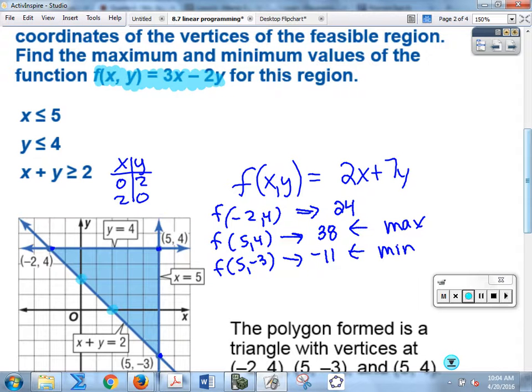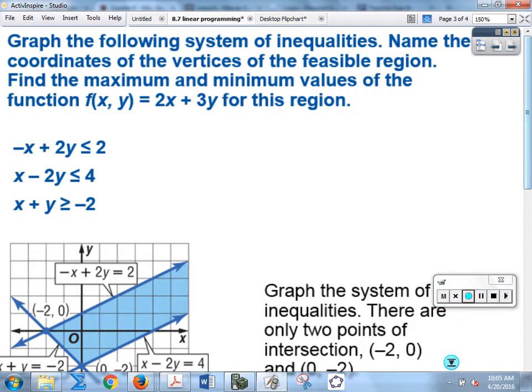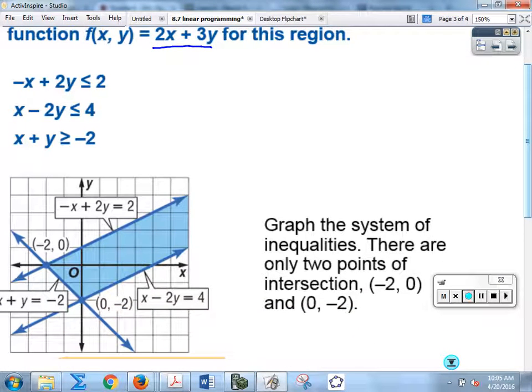On this one, it is just giving you the number, so it's saying this is your objective function you're trying to maximize. It gives you 3 lines to graph and shade. After I graph and shade them, 2 of them end up being parallel. Okay? And so there are only 2 vertices. You have this vertex and this vertex. And if you want to find, you plug in this vertex, and then the other one is when you plug in this vertex,